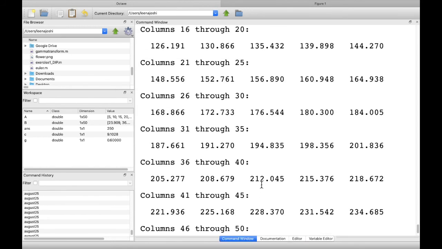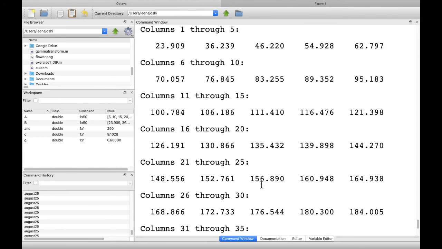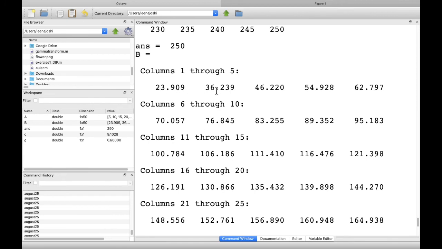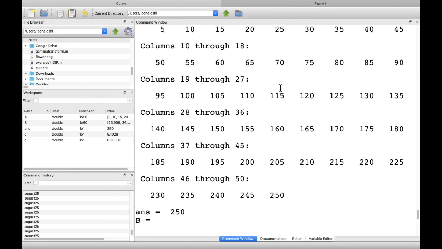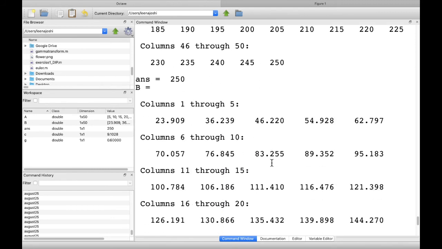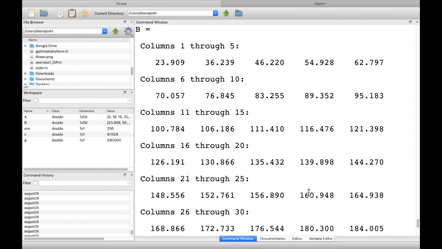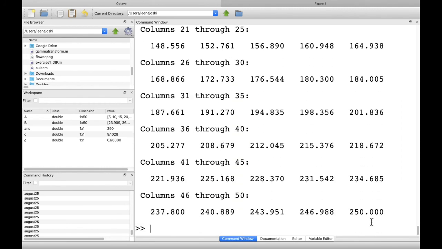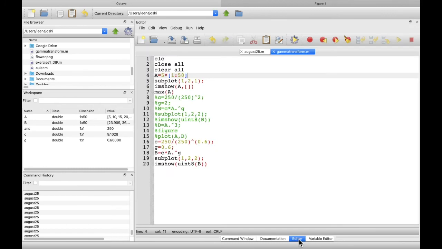In my command window, you will see that the first value is 23. So you are going by 23, 36, 46, 54, whereas the input was 5, 10, 15 and 20. So our image has become brighter, keeping the end point restricted at 250. This is called gamma transformation.